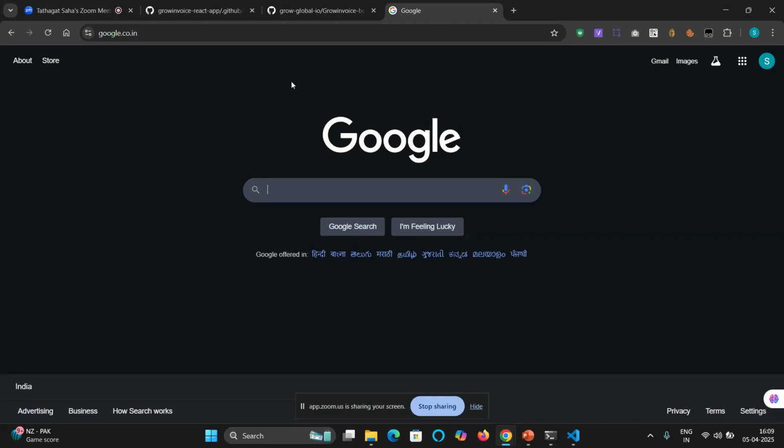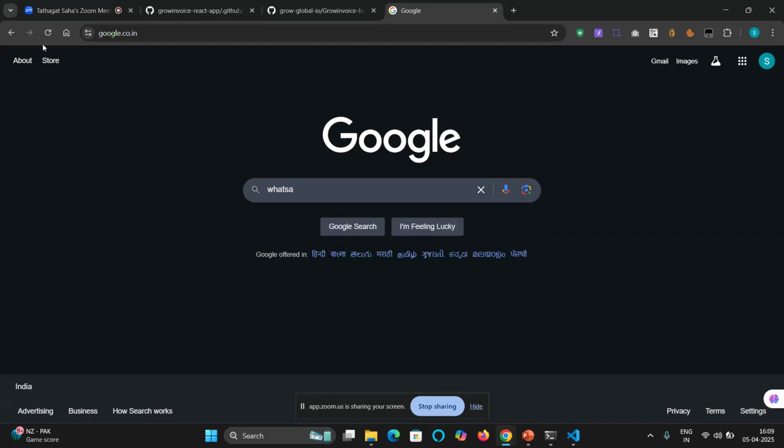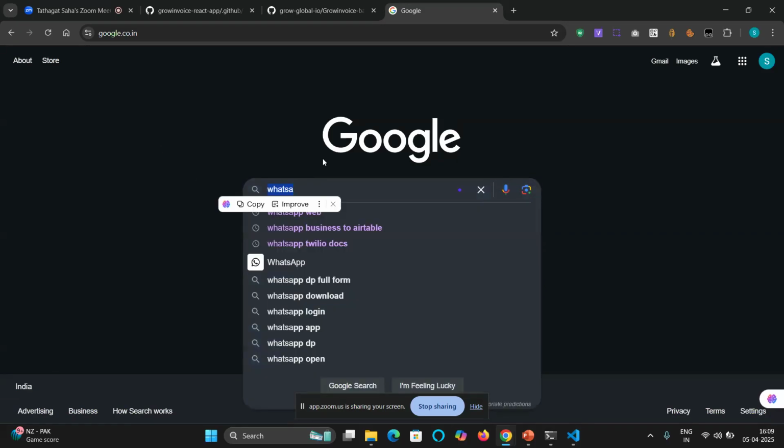But whenever we type something in this search field, let's say I type WhatsApp, you can see it is throwing some suggestions. These will be stored in the DB. Whatever we are searching, initially we can see the front end, but whenever some data needs to be stored,